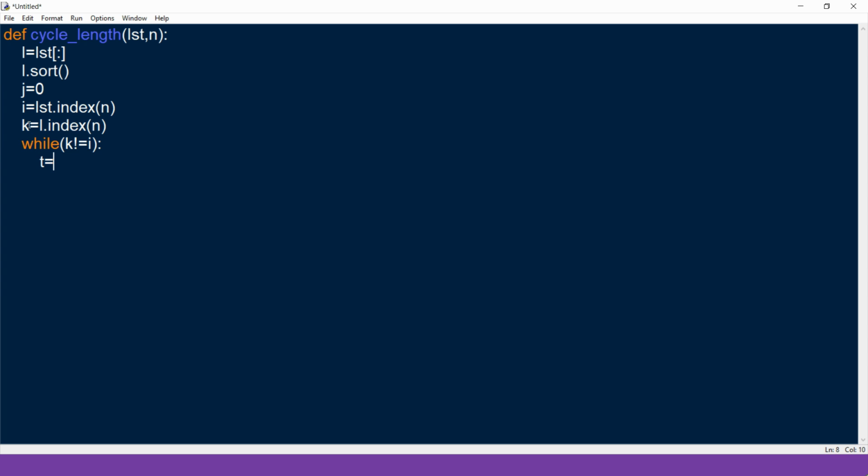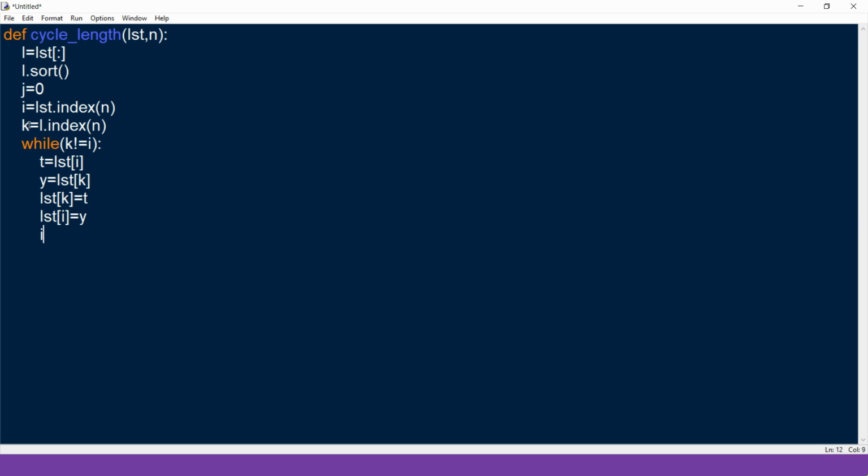Temporarily we need to swap the items. From the list, I grab the value which has the index I into t, and y equal to list of k. Here we need to replace the value at k with t, that is t to the kth index, and y to the ith index.